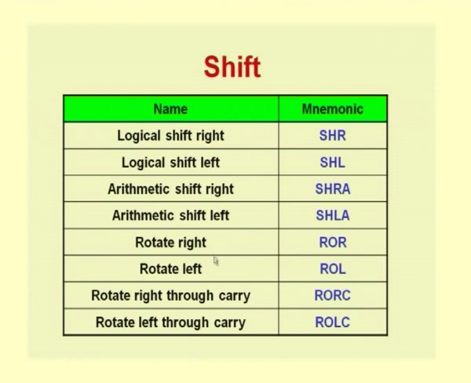Similarly, we have other instructions like rotate right, rotate left and so on. These instructions serve to do, again, bitwise manipulations. The difference between a shift and a rotate is that when you do a shift right, for instance, the rightmost bit just goes out, it just disappears. But when you do a rotate right, the value on the rightmost bit comes back to the leftmost position. That is called a rotate right operation. Rotate left, similarly, is in the opposite direction.